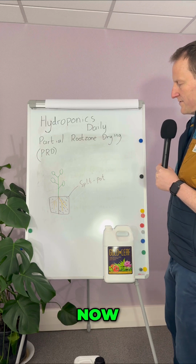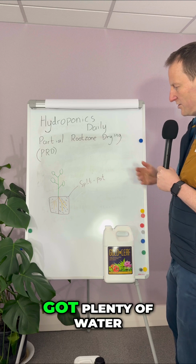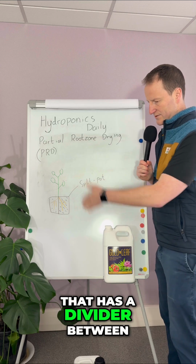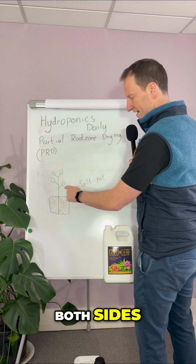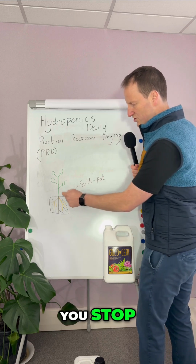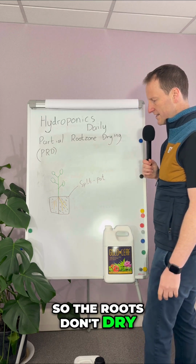stretch. Now, unlike regulated deficit irrigation, which we talked about yesterday, which reduced the amount of water available to the plant, here the plant has got plenty of water. However, you use something called a split pot, which is a container, a plant pot, that has a divider between 50% of the grow media and the other side. The plant roots into both sides, and so while it's a vegetative plant, you root it into both, and then as you go into flowering, you stop the water into one of the sides. You still make sure there's a small amount of water in there so the roots don't dry, but these are